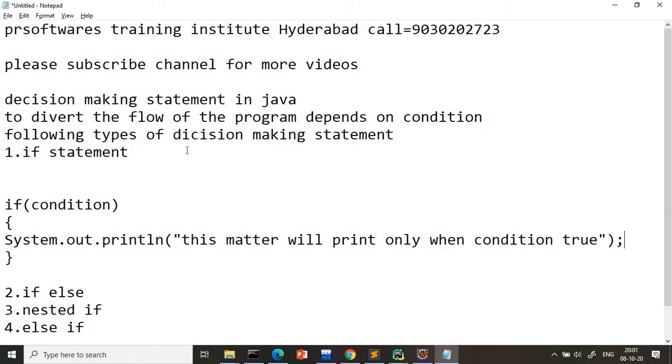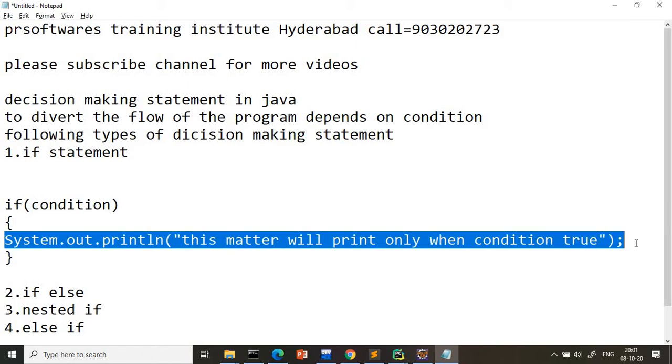Simple thing: if is a keyword here, and inside it I write the condition. Only when this condition is true, this statement will be printed, otherwise it will not print.